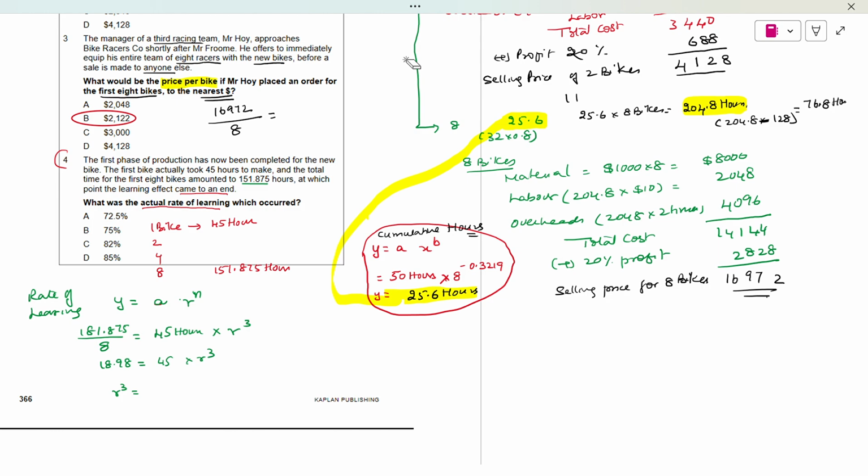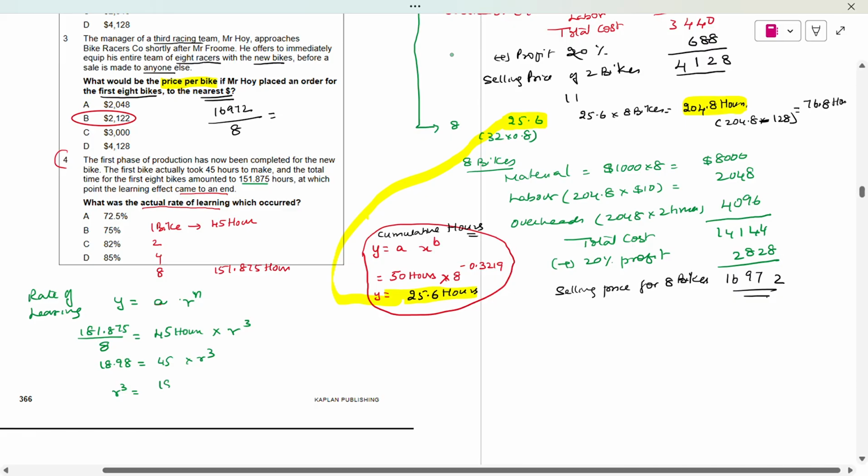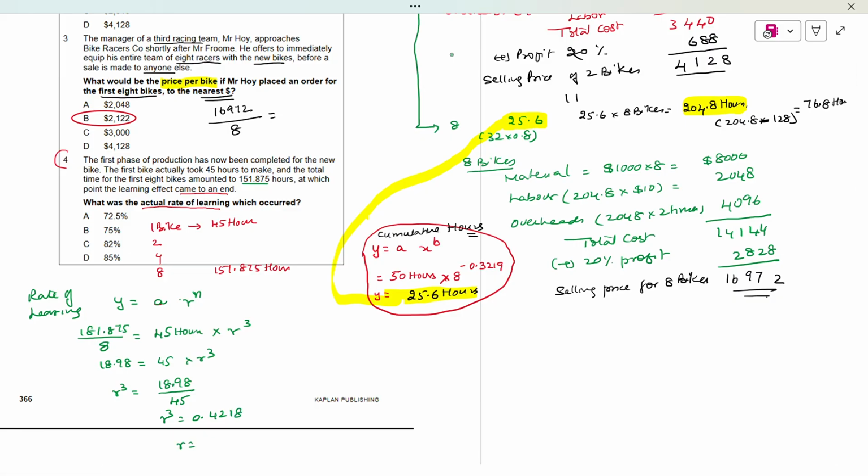Is it right? It comes to how much? 18.98 divided by 45. R cube equal to 0. How much? 4218. 4218. Okay, 4218. R equal to 3